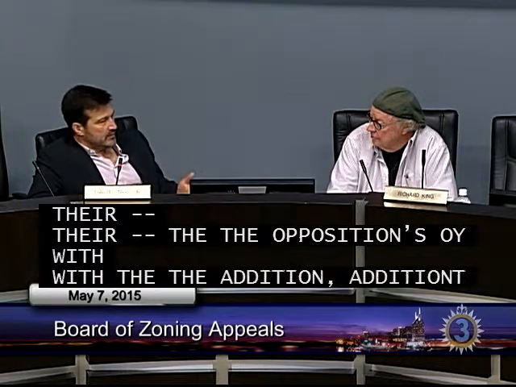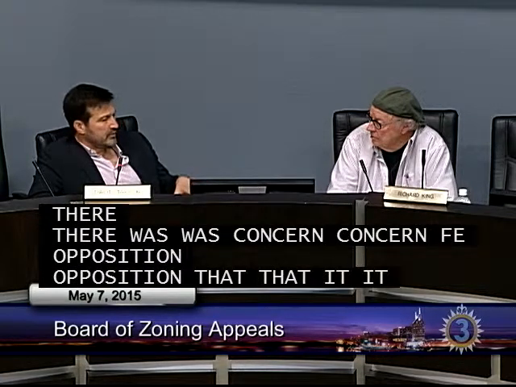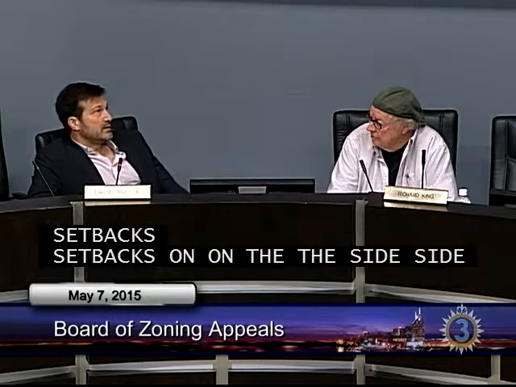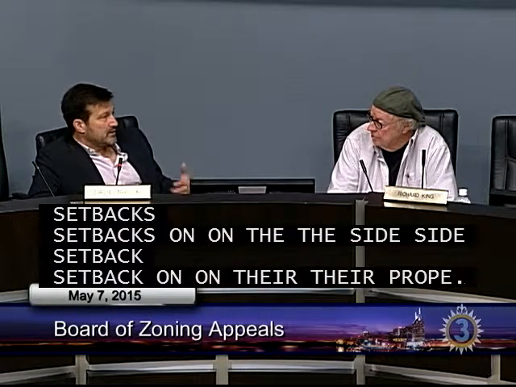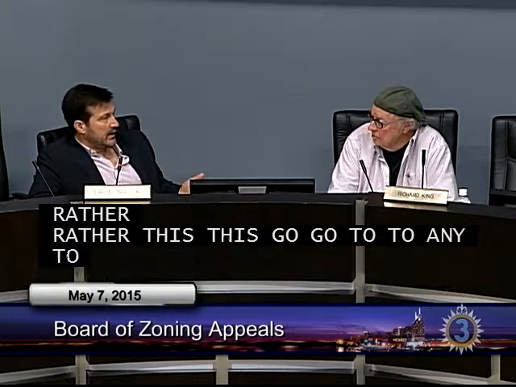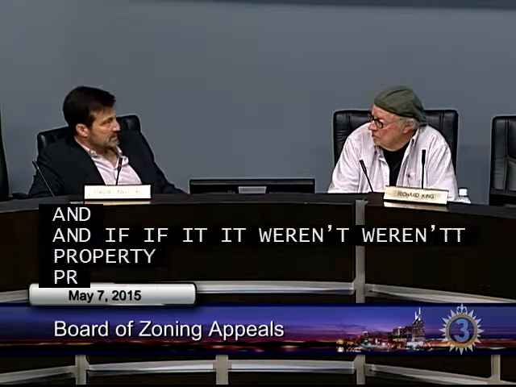There was concern from the opposition that it encroached, that it didn't meet one of the setbacks on the side, but not the setback on their property. So I would much rather this go to another body to settle those disputes. And if it weren't for that property line dispute, I think this would have been on a consent agenda,